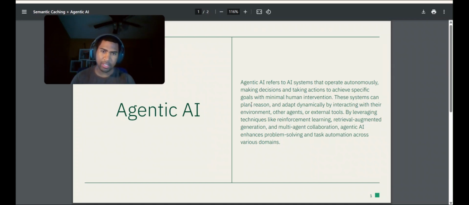So, agentic AI, what is agentic AI? Agentic AI refers to AI systems that operate autonomously, making decisions and taking actions to achieve specific goals with minimal human intervention. These systems can plan, reason, and adapt dynamically by interacting with their environment, other agents, or external tools. By leveraging techniques like reinforcement learning, retrieval augmented generation, and multi agent collaboration, agentic AI enhances problem solving and task automation across various domains. If you've seen my past tutorials that involved RAG, I believe with both corrective and adaptive RAG,